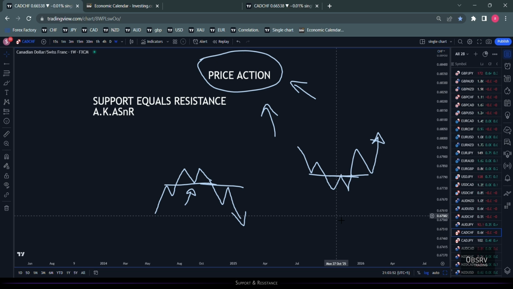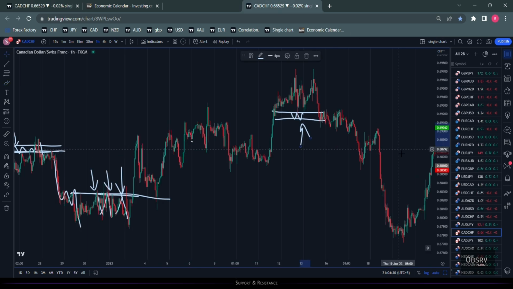Okay, what else do we have here? Yeah, okay. So the simple way of differentiating between support and resistance, if you want to remember what's above and below: support is below you, like the ground you're standing on is supporting you. So support is below you and resistance is above you. Keep that in mind. And also the phenomenon of support equals resistance that we just discussed, let's take a look at that too.